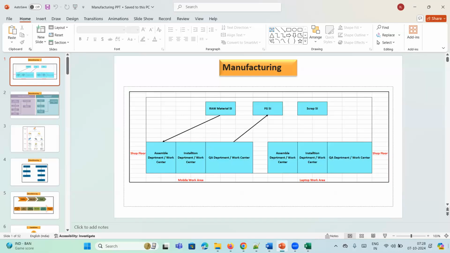If you see a manufacturing plant, generally all activities are not performed in one place. Specific places are there. Services they will do in a separate place. Mobile activities they will do separately. Laptops they will do separately. Similarly, sales related activities they won't perform at the shop floor, right? They may have a separate office where the sales team will sit and do all the sales related activities. Similarly, in a manufacturing plant also,